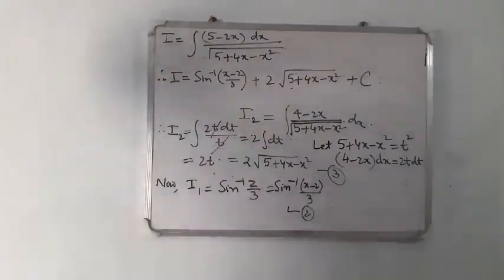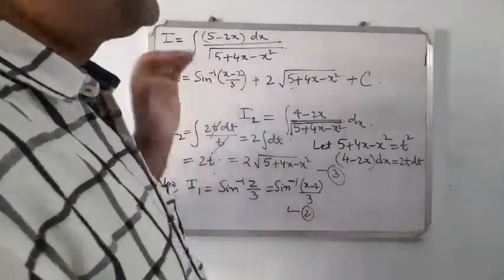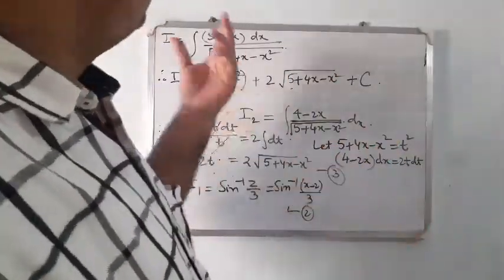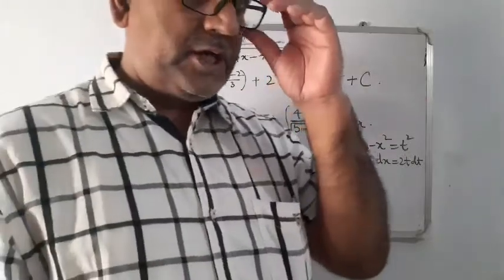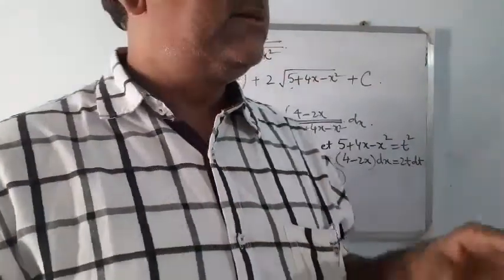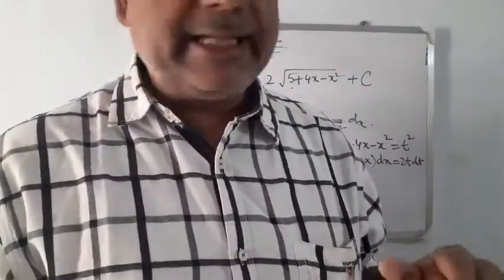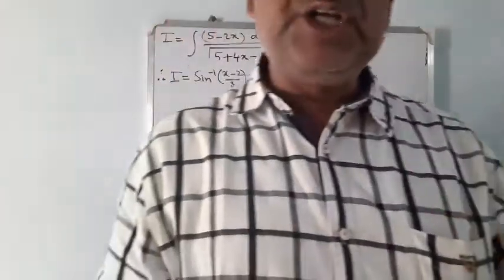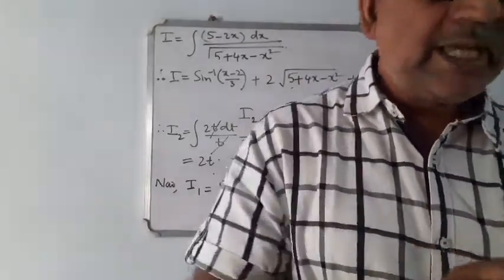So this is type 2. And in type 2 we have discussed both types of problems, that is without radical sign and with radical sign. Boys, try to solve the problems from your exercise. We will discuss in the next video type 3, 4 and 5, the 3 types together. Okay, thank you boys.